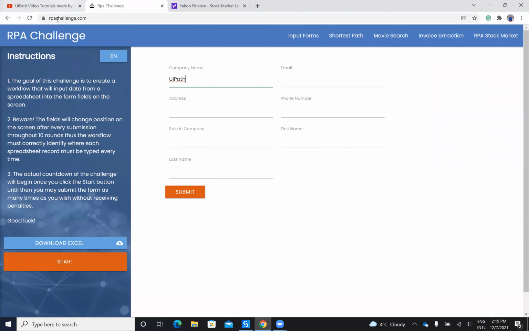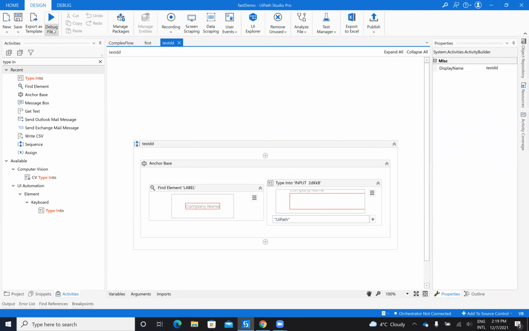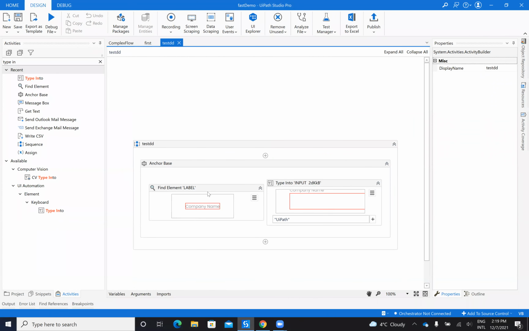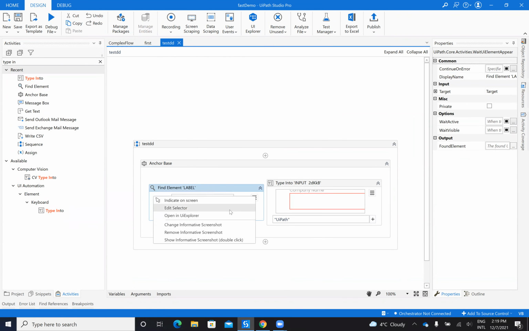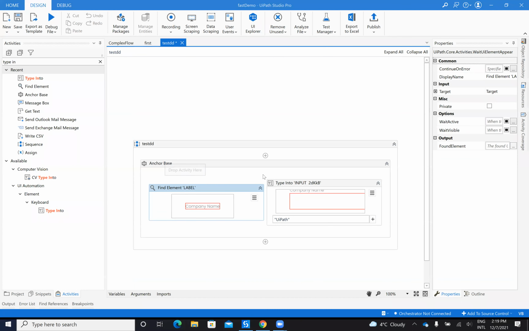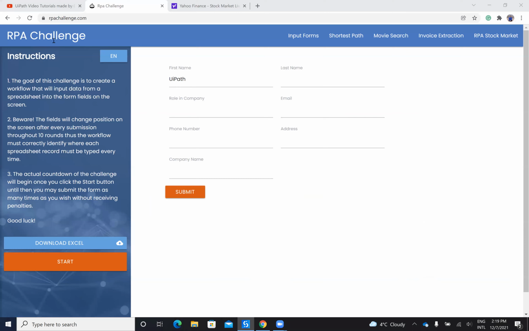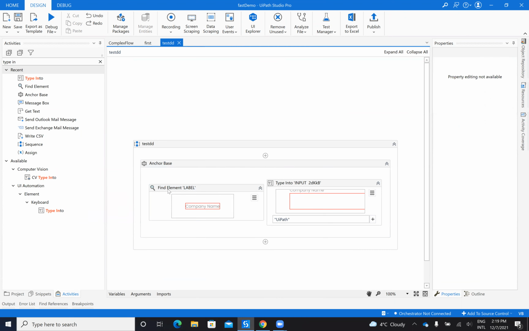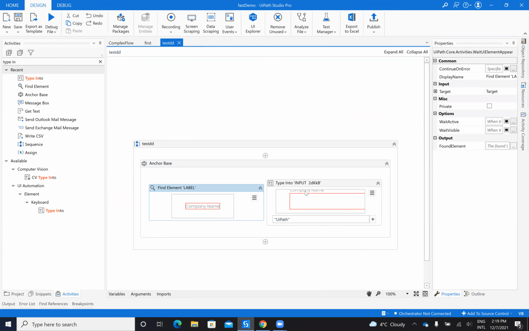Perfect. But if I go here and if I will refresh this one, you see that company name here is on this position. So if I run it again, you will see that the robot will be able to find the company name. My bad, I think I don't indicate it well. Yep, here it's able to find the company name and put UiPath. Yeah, my bad. So that's the idea. You have to make an anchor between an element with a name, with a stable name, and